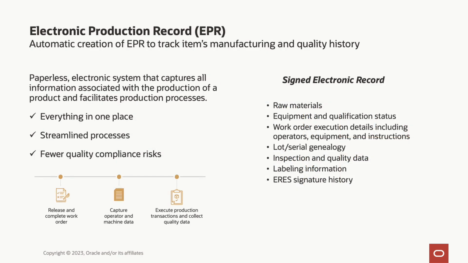Manufacturers in all industries are increasingly required for regulatory or traceability purposes to provide the manufacturing acceptance records for their products in a digital format that's easily accessible. With the electronic production record, you can generate such a document that summarizes the complete work order and quality history of a product in a single auditable record, including the product information as planned and manufactured, lot and serial information,